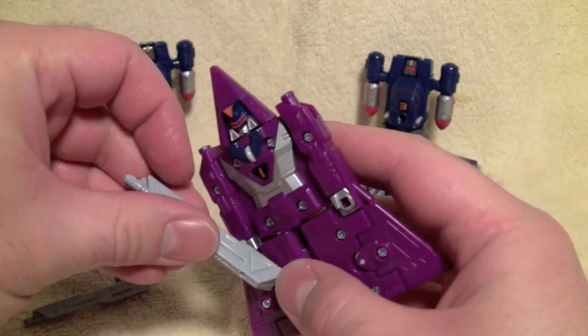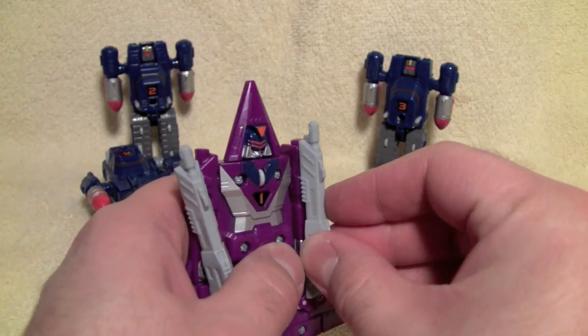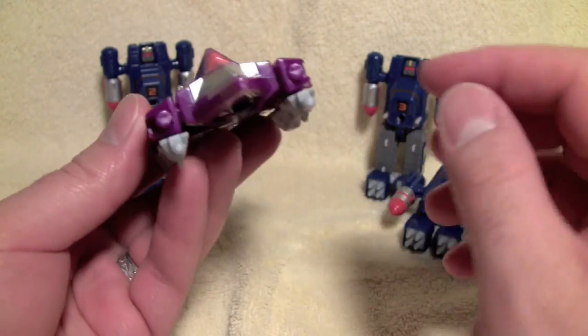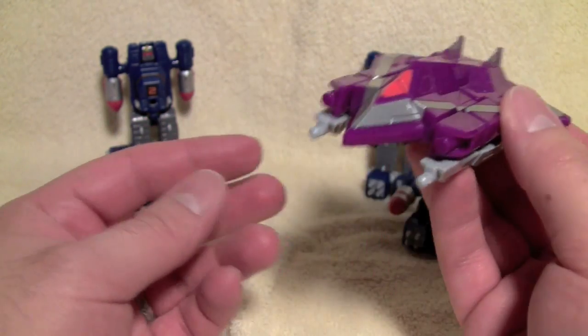You just plug them, well, you're supposed to be able to just plug them into his hands underneath. There we go. And there he's armed. And I like to think that the pegs up here are also like missile ports or something, that he could just go...